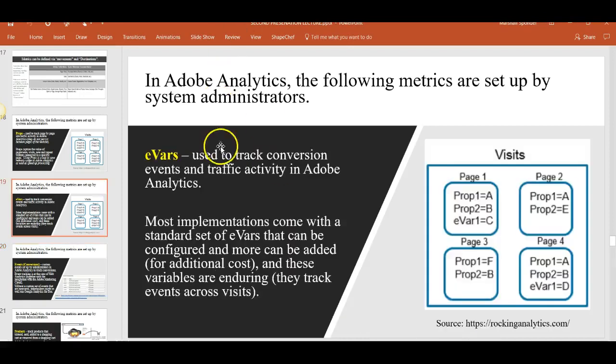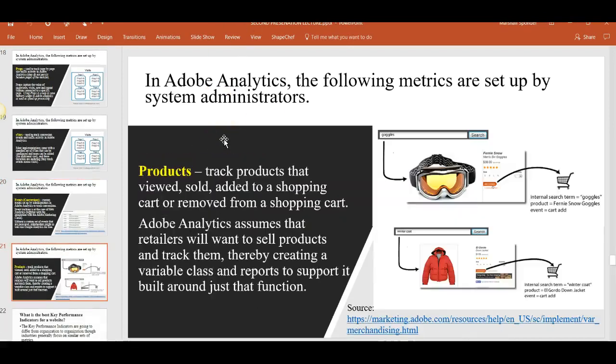So you have to work with the terminology of each platform. In Adobe, usually you have to be an admin to do this stuff. You have products. Here's what a product looks like on a website, and this is how people get to it.